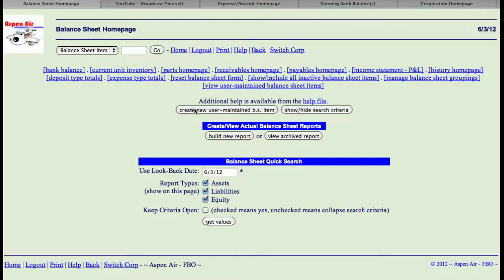You also have a link here that says how to create a new user maintained balance sheet item, and I do have a tutorial on that. Those are the individual accounts that you would create that you want to track independently of what the system's going to track. Then you would come down to your look back date here,